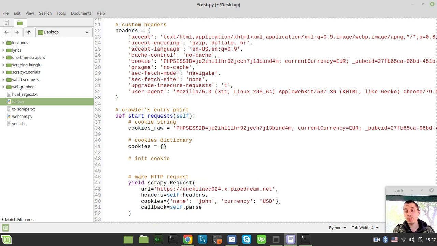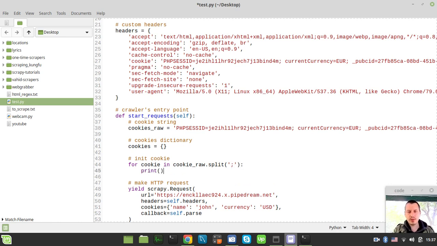The casual way of doing things in this case would be, say, for cookie in cookies raw, split this string, not by the empty spaces, sorry, but by the semicolons instead. If I print this cookie and I want to strip to get rid of unnecessary trailing spaces,